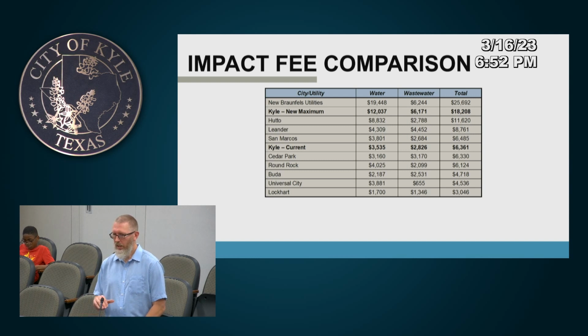So if we take the $18,208 and compare it, it would certainly put you at the top of the list, or near the top of the list, not at the top. When New Braunfels Utilities recently updated their impact fees, they catapulted themselves to the top of this list, and New Braunfels currently has the highest impact fees that I know of of any utility in the state, with a total of